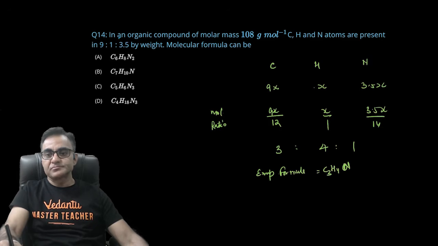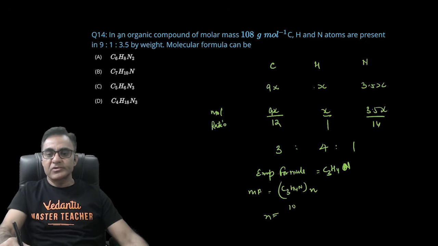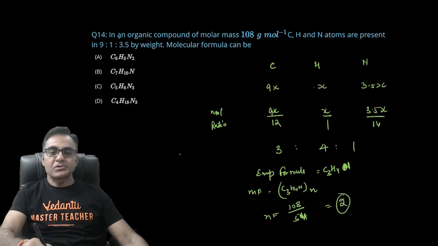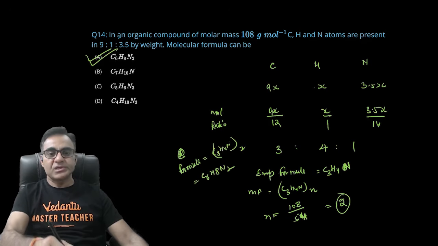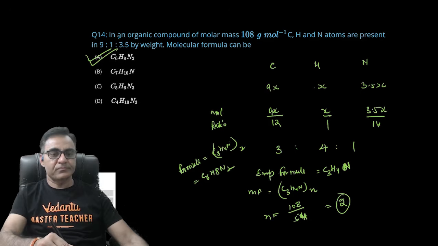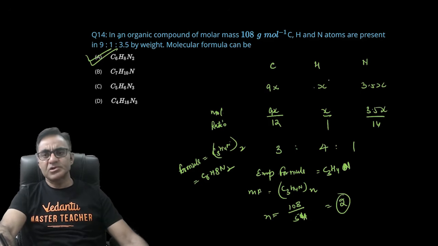यानी कि जो इंपेरिकल फार्मूला हुआ, इंपेरिकल फार्मूला वो हुआ C3H4N। अब मॉलिक्यूलर फार्मूला में मान लेता हूं (C3H4N) होल n, तो n की वैल्यू आ जाएगी मॉलिक्यूलर वेट 108 डिवाइडेड बाई इंपेरिकल फार्मूला वेट, जो 54 आता है, तो 2 हो गया। ऑलराइट, तो एग्जैक्ट जो मॉलिक्यूलर फार्मूला हुआ वो C3H4N होल ट्वाइस, तो आपका आ जाएगा C6H8N2। ऑलराइट, so your option A is going to be the correct answer of this question. सिंपल मोल कंसेप्ट का क्वेश्चन है जहां पे इंपेरिकल मॉलिक्यूलर फार्मूला निकालना होता है विद द हेल्प ऑफ डेटा गिवन, उसमें कभी परसेंटेज दिया होता है, कभी मोल निकालने के और भी मोड्स दिए हो सकते हैं।